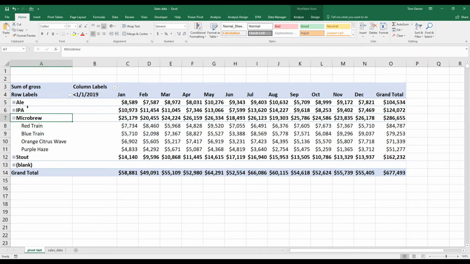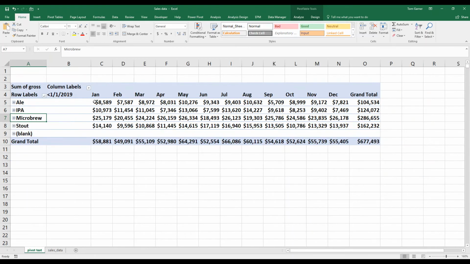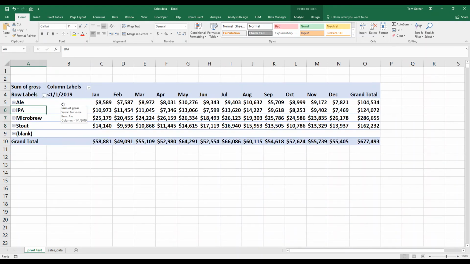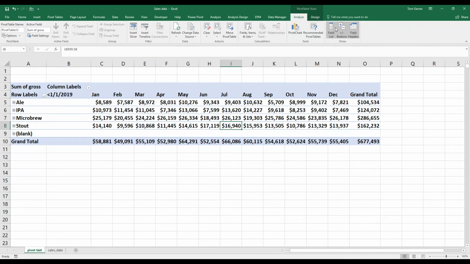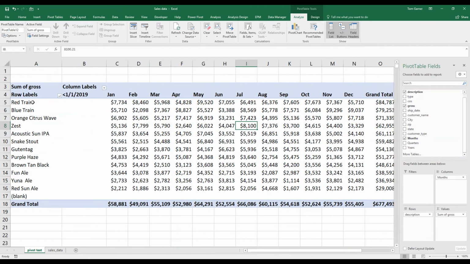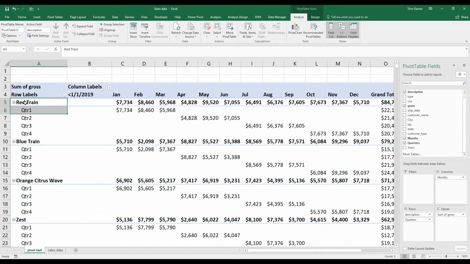And here we go. I have every type over month, and then I can break them down into products. Or I could even say, your boss says, okay, what's our top 2 products? And our top 2 products were, if we remember, Red Train and Blue Train. So then you can even take that and say, okay, how are they doing over quarters? And by taking this at the header level and putting quarter beneath it, you're able to take Red Train and